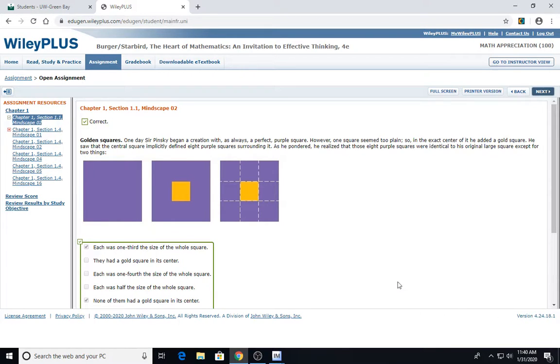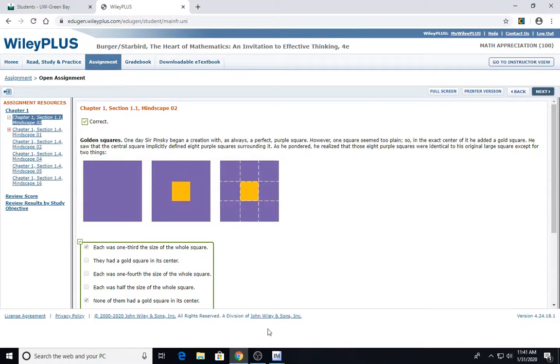But the question I had gotten emailed was this problem. One day, Sierpinski began a creation with, as always, a perfect purple square. However, one square seemed too plain. So in the exact center of it, he added a gold square. He saw that the central square implicitly defined 8 purple squares surrounding it. As he pondered, he realized that those 8 purple squares were identical to the original large square, except for 2